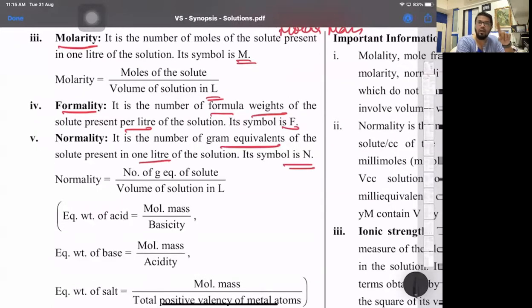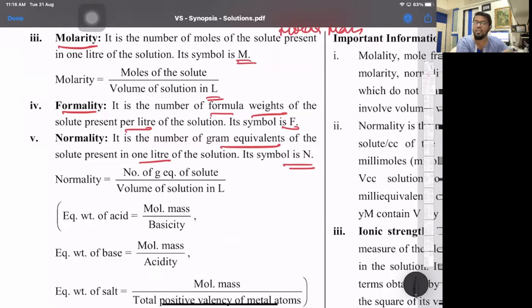What is gram equivalent? 1 gram equivalent is its equivalent mass. I've discussed with you all, equivalent mass is nothing but a relative mass, mass which relates to different things in different forms. Like for example, if I'm having 100 rupees, it will correspond to 2 dozen bananas, or maybe just 1 watermelon, or if I say apples, might be just 2 or 3 apples. So that 100 rupees relevance with respect to bananas is 2 dozen, with respect to watermelon, it's only 1. But if I have to give a definition now, equivalent mass is different for different things.